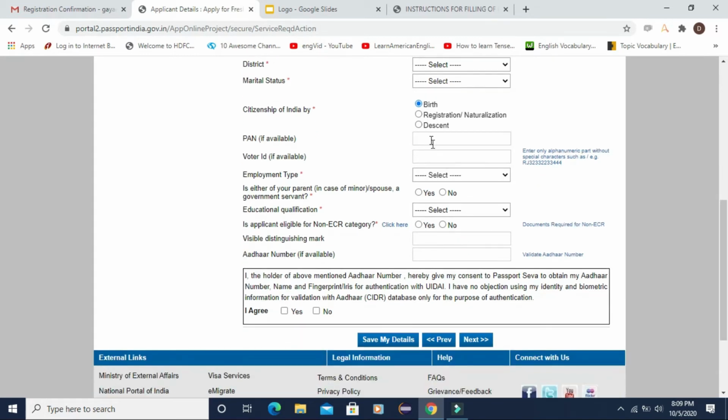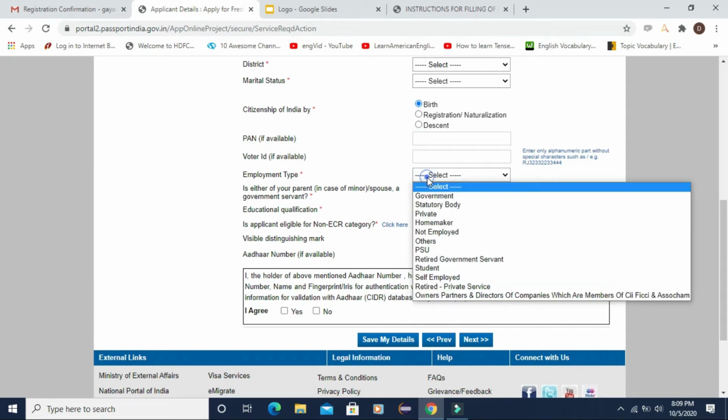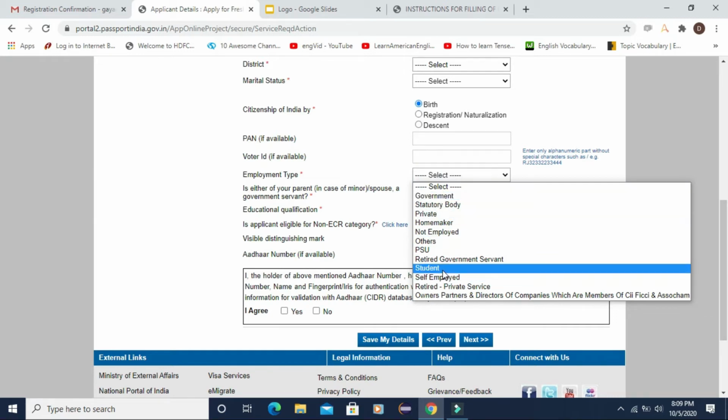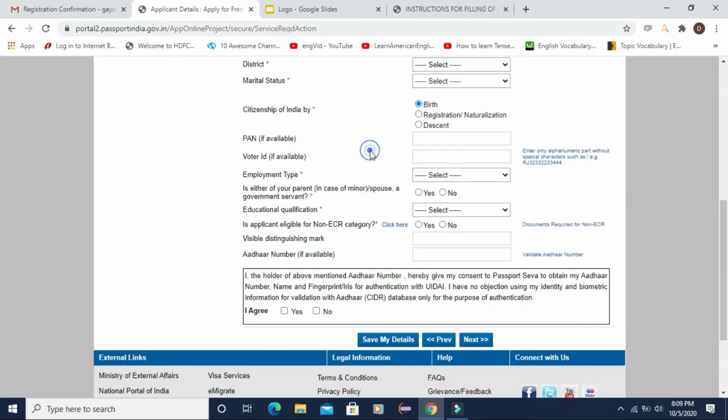Mention these details, and mention the PAN card and voter ID card number and select the employment type. If you are a government employee, select government employee. If you are a student, select student.